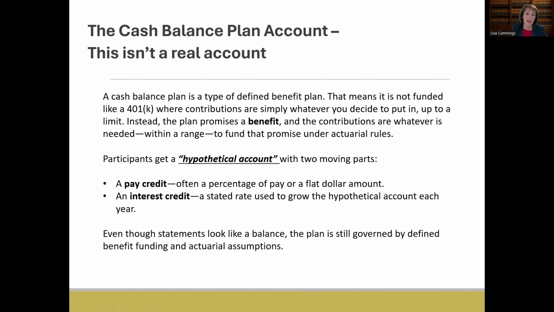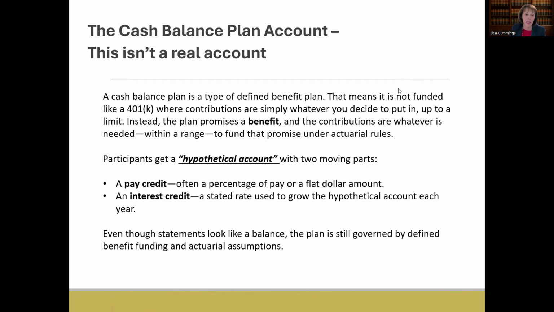Participants will receive a hypothetical account in a cash balance plan with two separate moving pieces. One is a pay credit, which is often either a percentage of pay or a flat dollar amount. And then, secondly, an interest credit, which is a stated rate that is used to grow the hypothetical account each year. Even though those statements look like a balance,